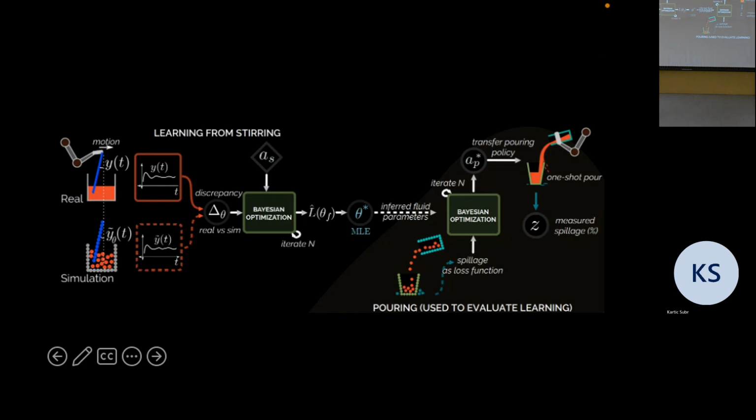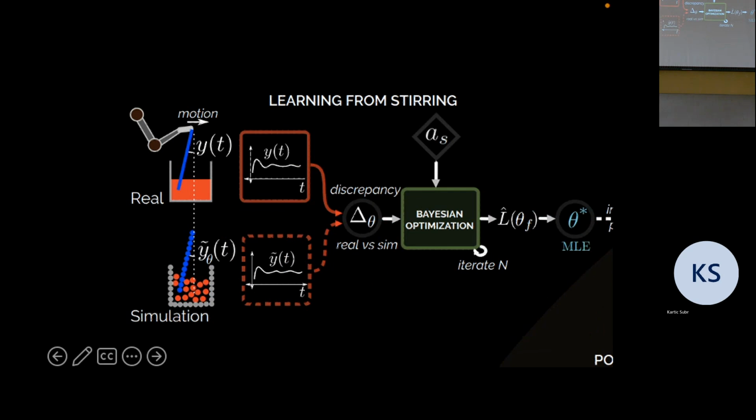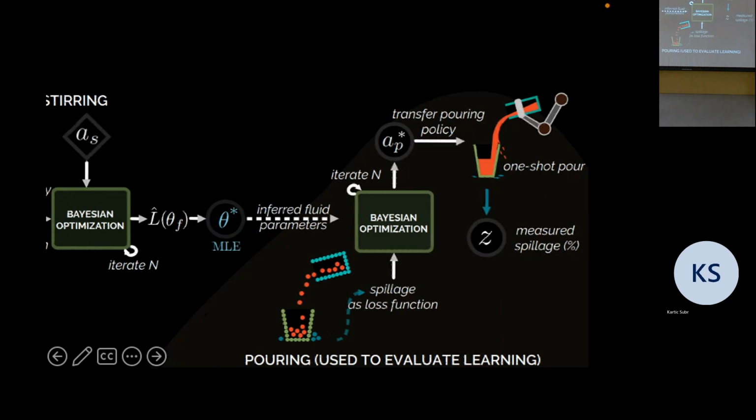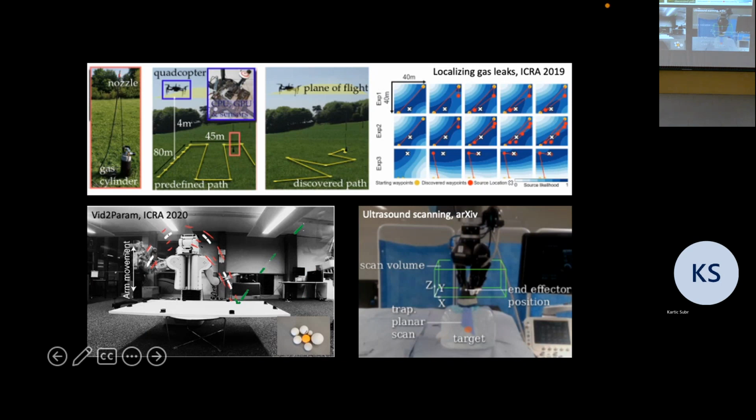Now, once we have that, once we fit that, then we could predict. So you can change the container, you could change the settings, and just run the simulation. And if the simulation gave you an answer of 1, you would know how much to offset it by and how much the spillage would be. So very coarsely speaking, what we did was we took one step, where we learned the parameters of the liquid, and then we moved to the second step, where we could pour based on whatever we had learned to see if the robot had learned anything useful. Any questions on this? Yeah.